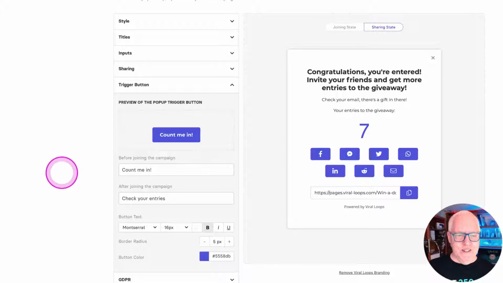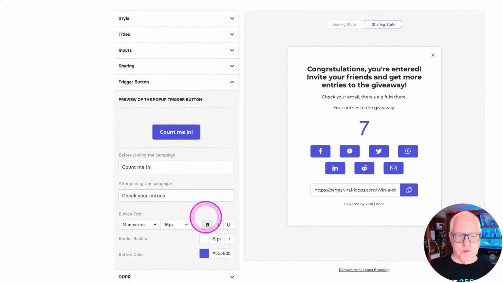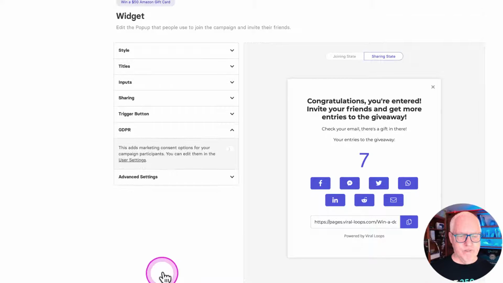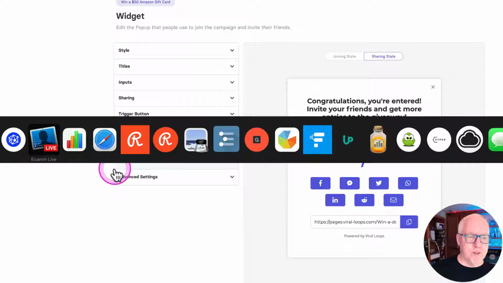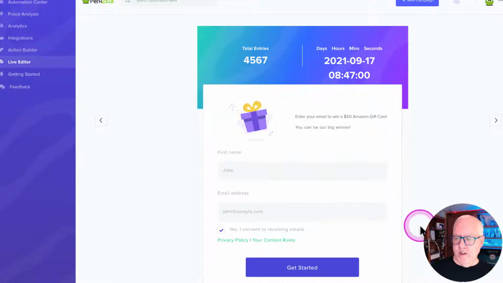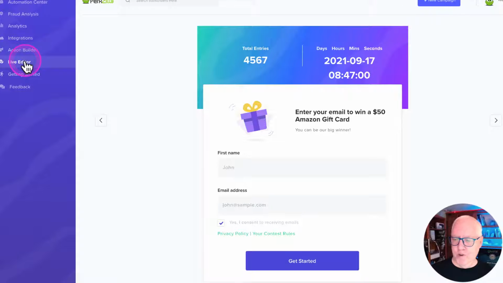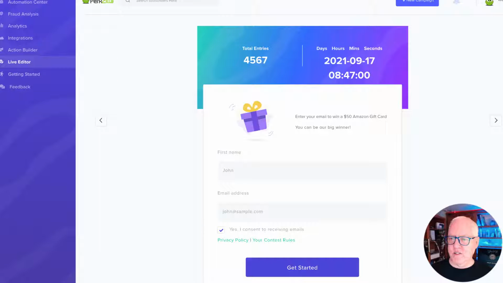Alright, count me in. I still don't know what those are yet. We'll figure that out later. GDPR. I still haven't seen a save button, so my assumption is all this stuff is getting saved as I go. Which, by the way, was something that I'm concerned about. If I go over to Perkzilla, notice this campaign is set up, and notice the date. Now it says days. It has this date here, and that's today's date. I'm still confused about this, so if I go back to the campaign settings,